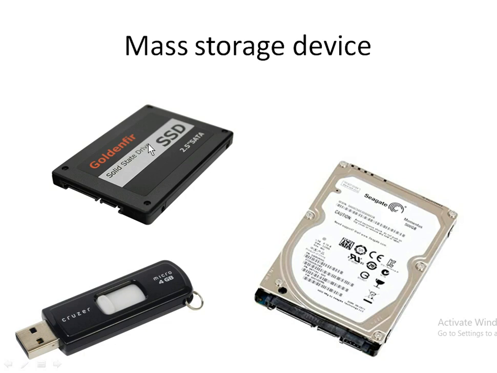But what is the difference? The speed is the difference. In all these types of mass storage device, you can erase data, you can write to memory and you can retrieve. Write and read and write, both are possible here. But the speed with which we write and read is different between these, and the type of formatting is different between these three memories. The pen drive has the lowest speed compared to hard disk.